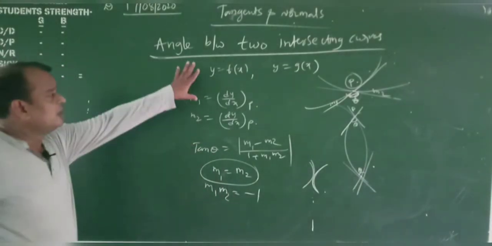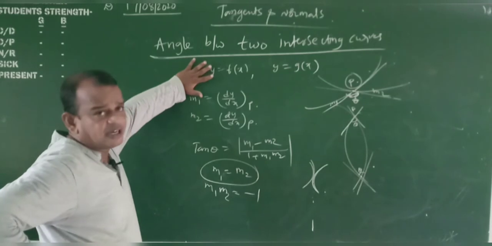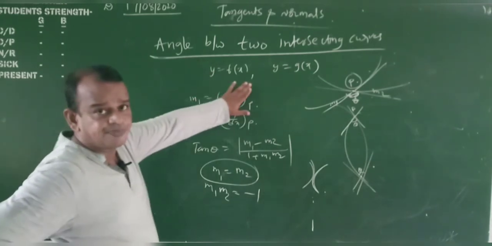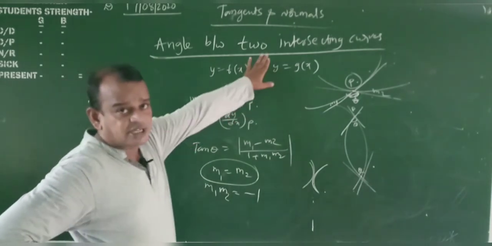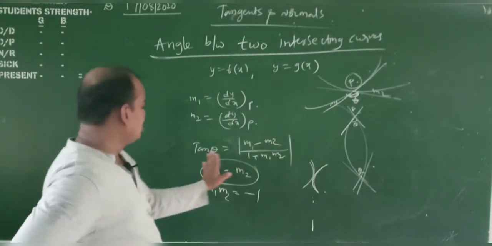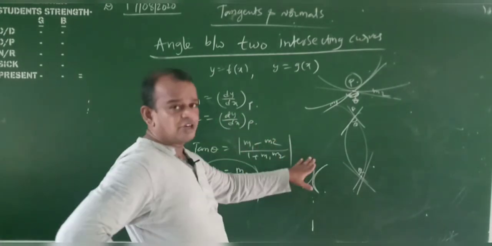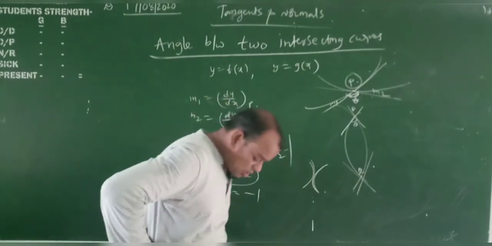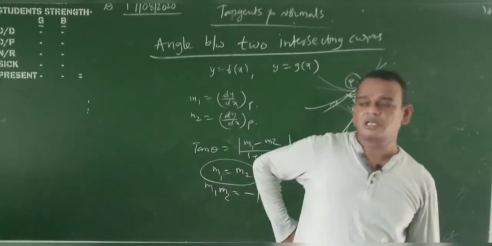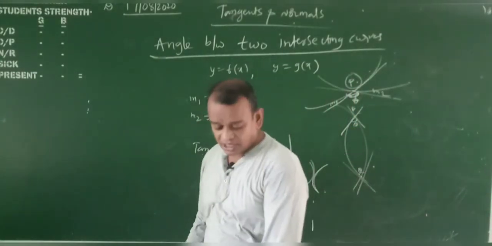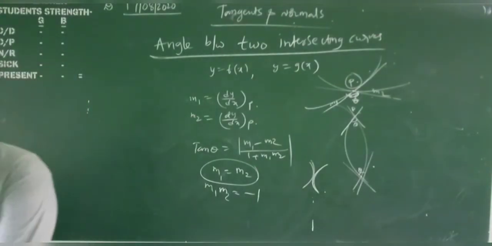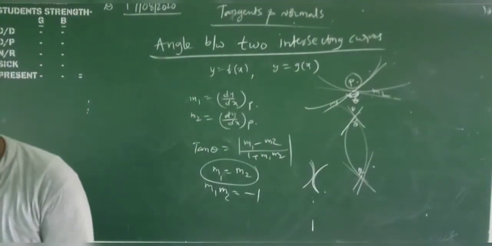First, what is the working rule? Whenever two curves are given, first we find the point of intersection of the two curves. After that, differentiate the first curve with respect to x, substitute P, we get M1. Differentiate the second curve with respect to x, substitute P, we get M2. Let theta be the acute angle, tan theta equal to M1 minus M2 by 1 plus M1 M2. From the examination point of view, show that the curves touch each other means M1 equal to M2. Show that the curves intersect orthogonally means M1 into M2 is equal to minus 1. Okay, my dear students. Now we are going to one problem.